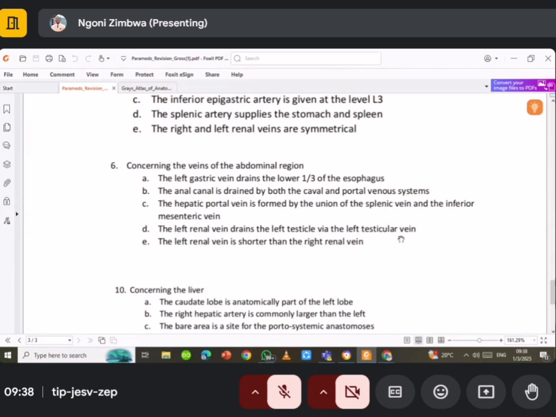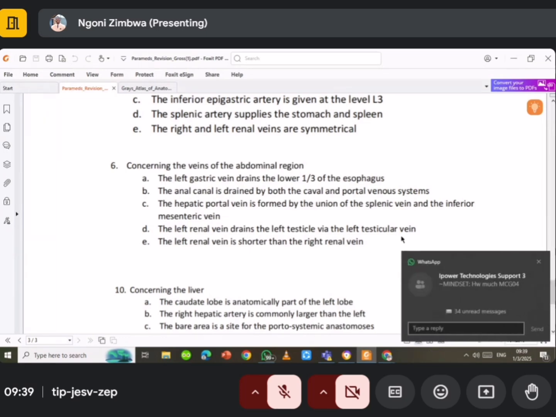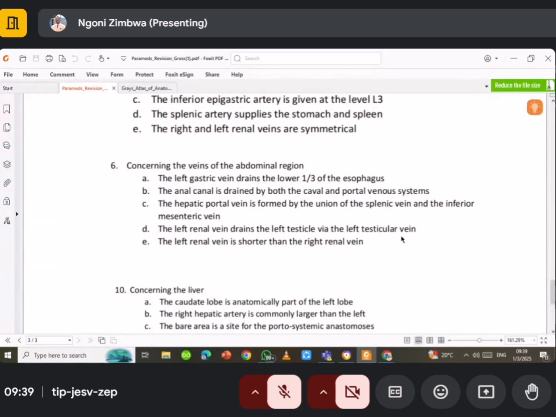Number 6, concerning the veins of the abdominal region. A, the left gastric vein drains the lower third of the esophagus. What do you think? That is